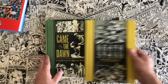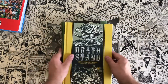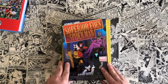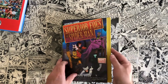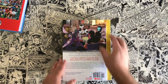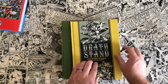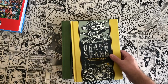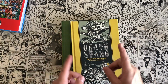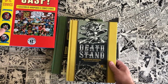And these are artist-centric books. So these are standard size comic books. Here's a trade paperback. Yeah, so you can see that they're pretty much the same trim size, a little bit wider on the edge there, the same height. So they're standard size, but they're more artist-centric, so they're not chronological. Like I said, Dark Horse does the chronological releases of how the original comic book issues were released, and Fantagraphics